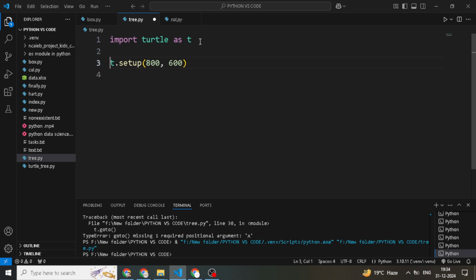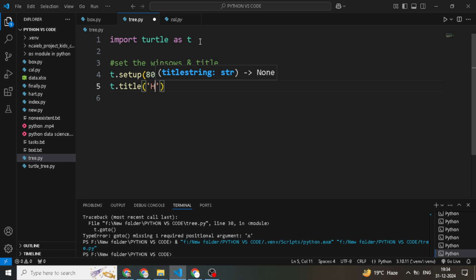Add the comment, set the window title. So simple: t dot title, Happy New Year. We give the window a title. We are calling it Happy New Year to match our festive season.